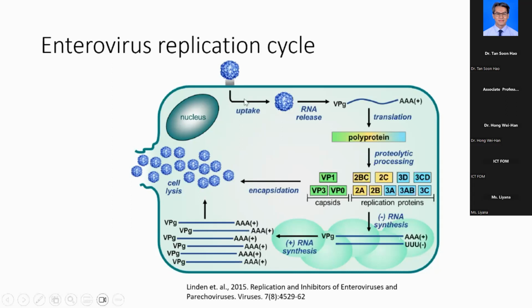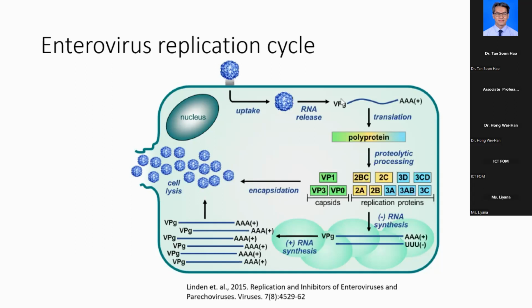So to continue with the replication: once the virus is attached to the receptor, and sometimes there are a lot of attachment receptors present on the cell surface, the virus will get attached to the receptor, and then sometimes it will get entry, if the receptor also serves as an entry receptor. After that, it will release its genome. In this case, the virus is a positive sense RNA virus. Positive sense means the genome, when it enters the cells, can serve like an mRNA, messenger RNA.